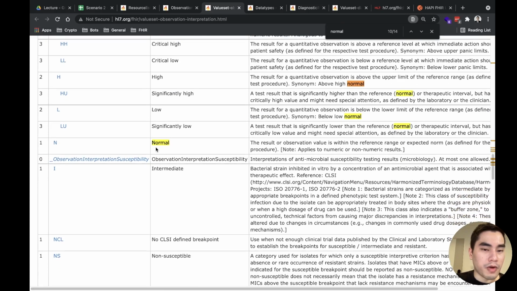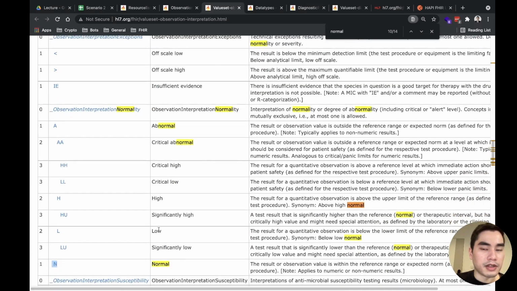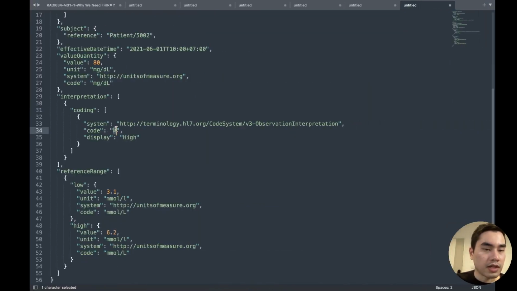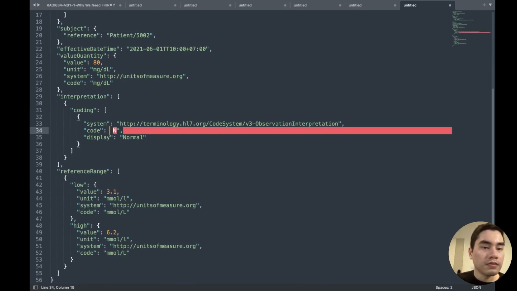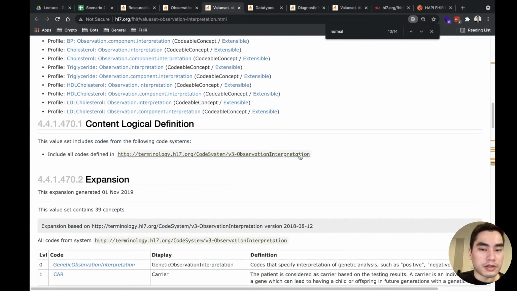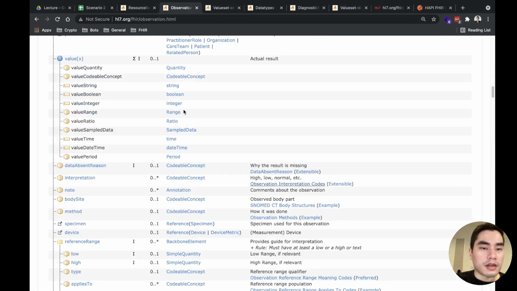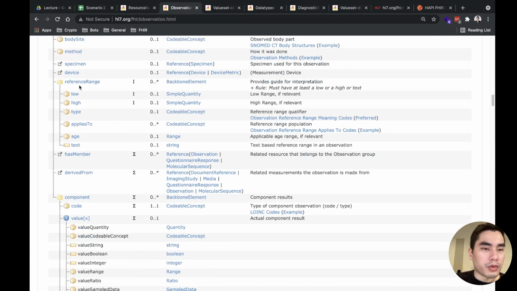Where is normal? So the code is N. This is the display. So the code is N and the display is normal. I think the code system is already correct. This one, okay, correct.